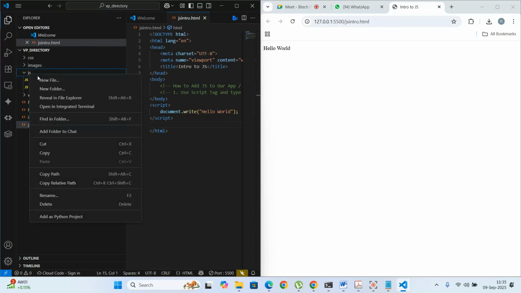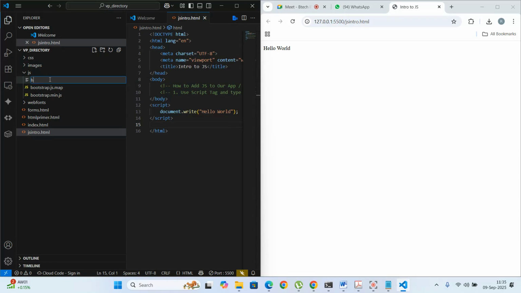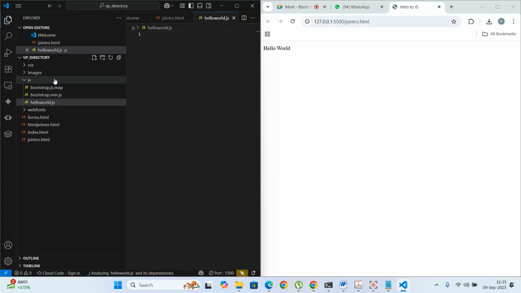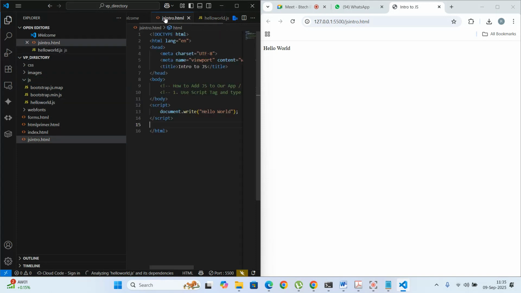Like for example, I can come here and say create a new file and I'll say hello world.js. Then inside this hello world, I can say document.write hello world like that. Well, if I remove this script, nothing is going to output, even though I have this JavaScript file here. So the only thing I need to do is to include this JavaScript file inside my HTML file, then that code will execute automatically. So what we'll do, we'll still use the script tag,